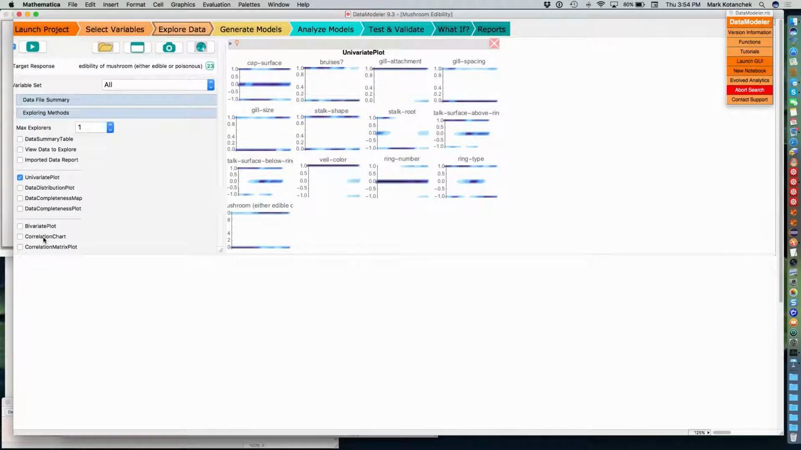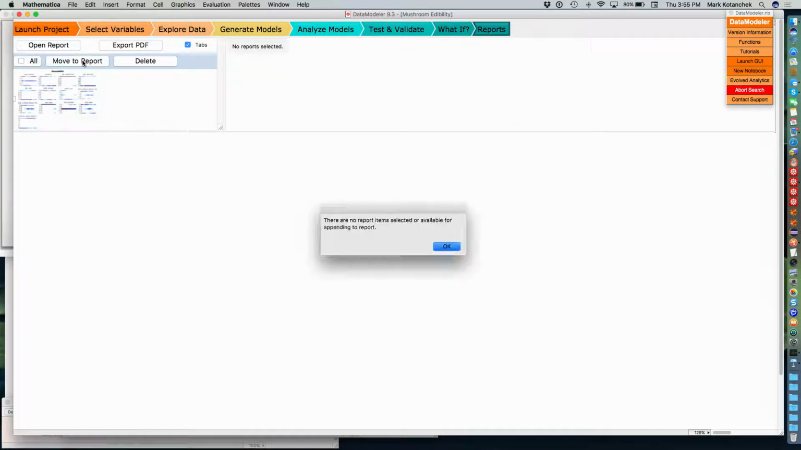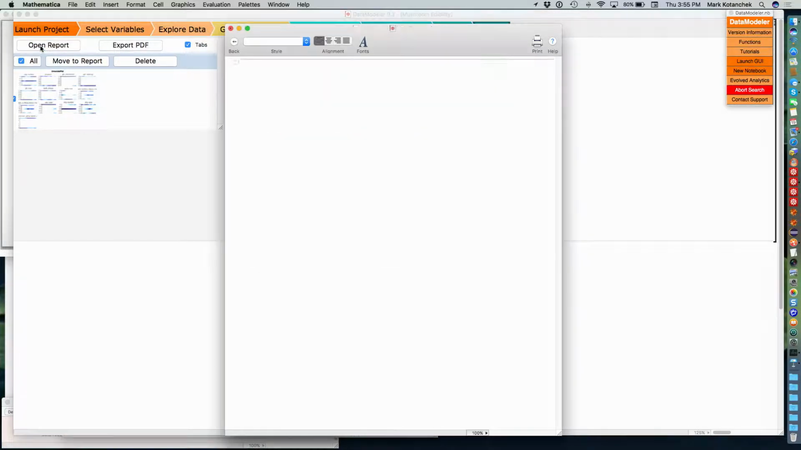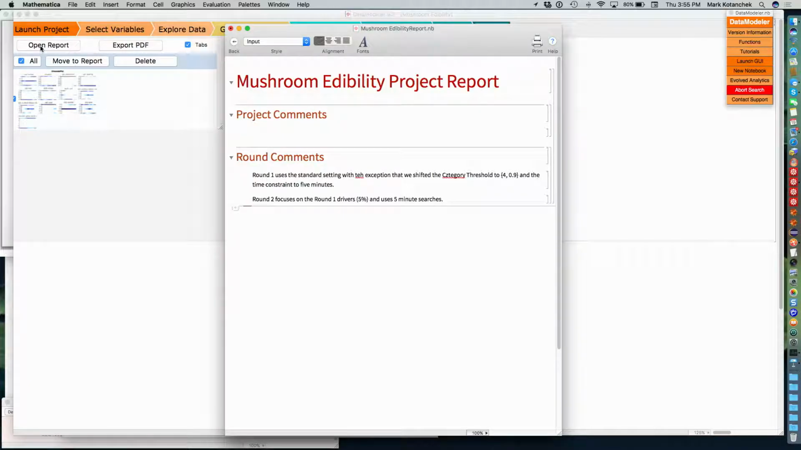So I'm not talking about how you were plotting, but you're making analysis decisions as you go through this. Is there a way to surface those analysis decisions in a code format? Well, there is, not so much. I mean, you can go retrieve the data and you can see what the functions look like. I can capture like this univariate plot and go to a report, and I can say move to report, select it, and then move to the report. And open the report, and what happens is, my round comments